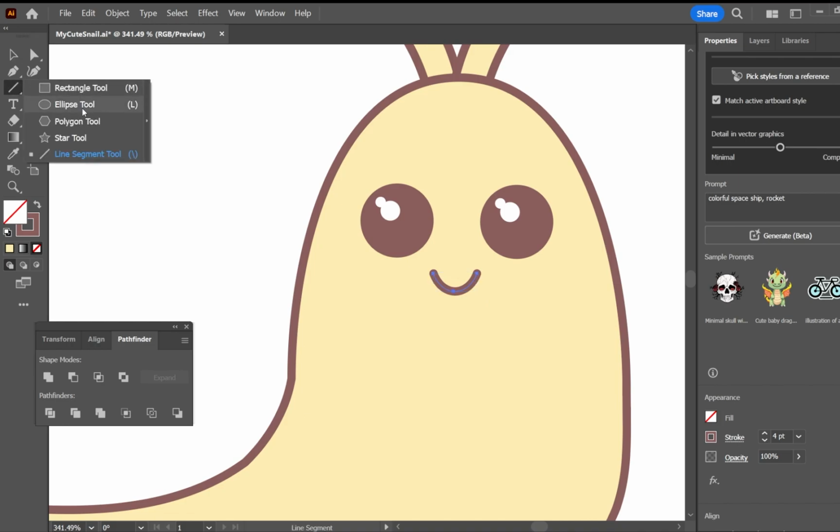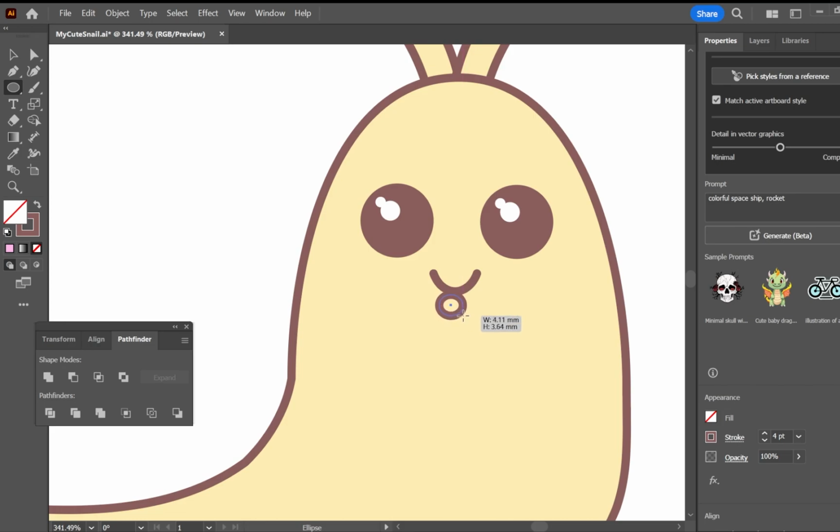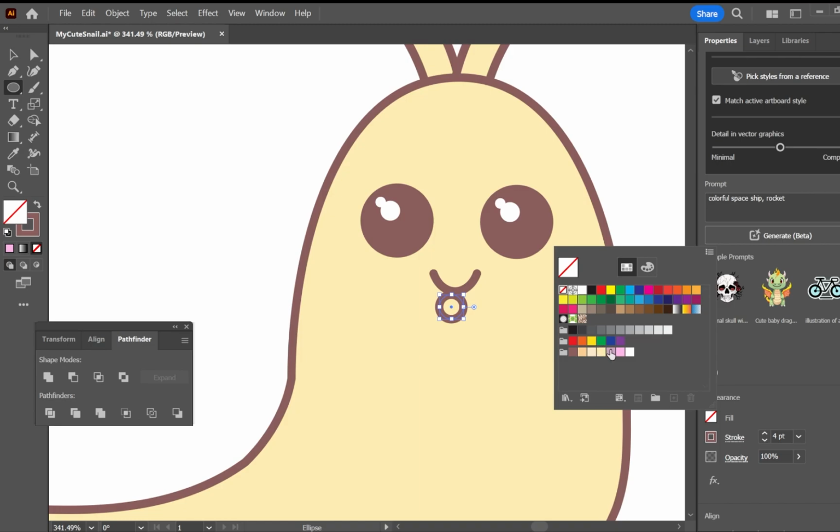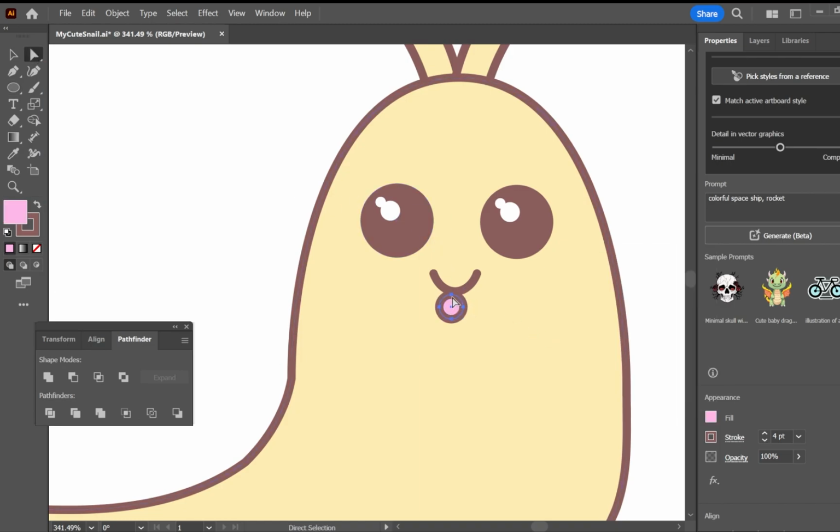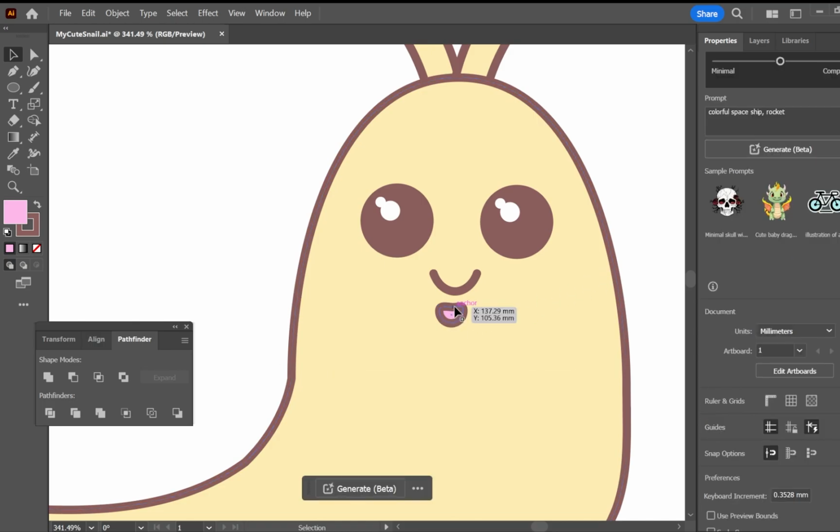Next, the mouth, with a smaller ellipse tool, using that pink fill colour, and then using the direct select tool, clicking on that top point, and dragging it down to make that mouth, and putting it in place.